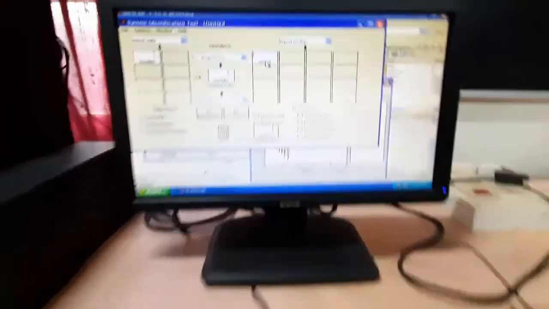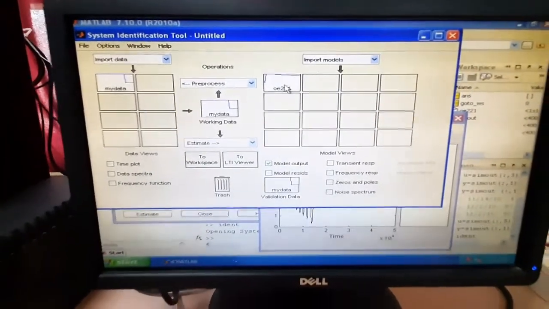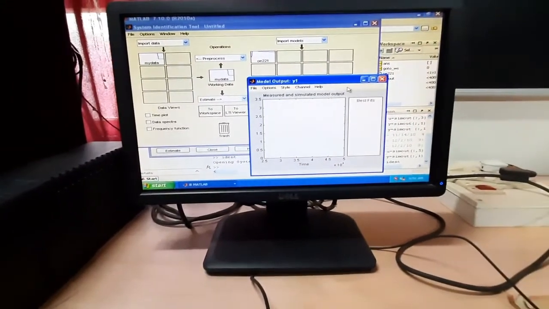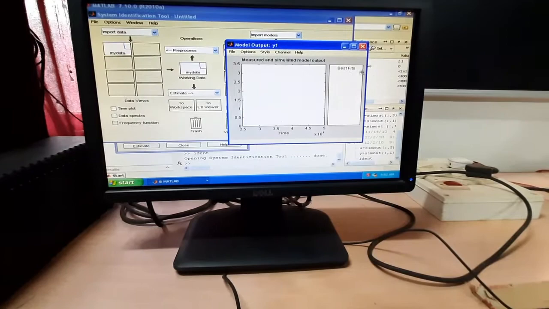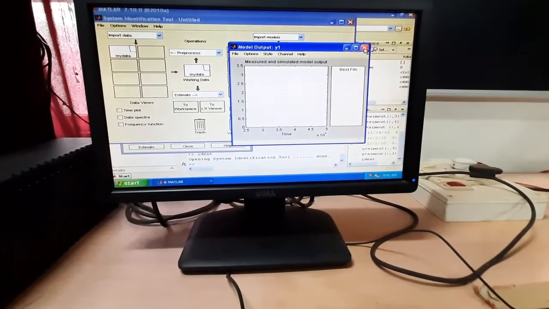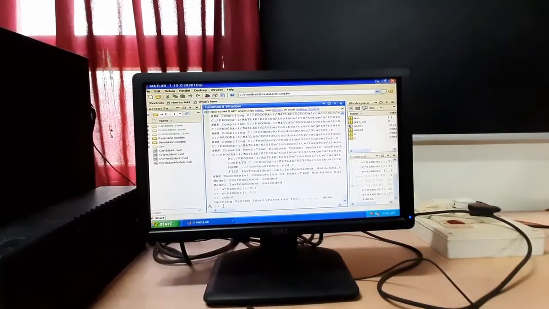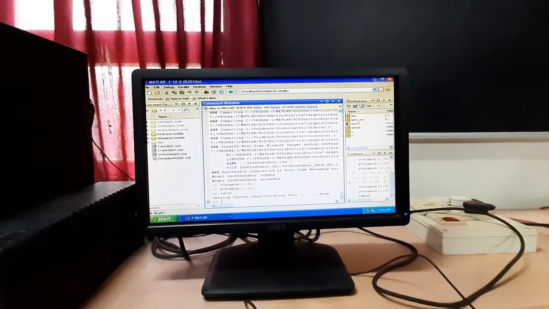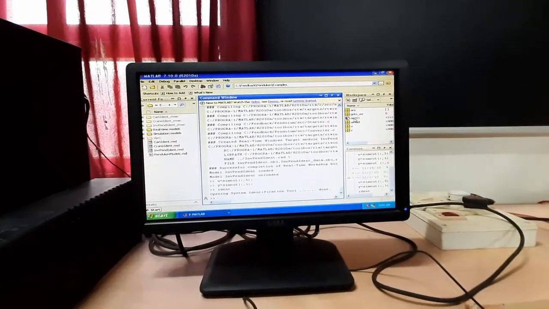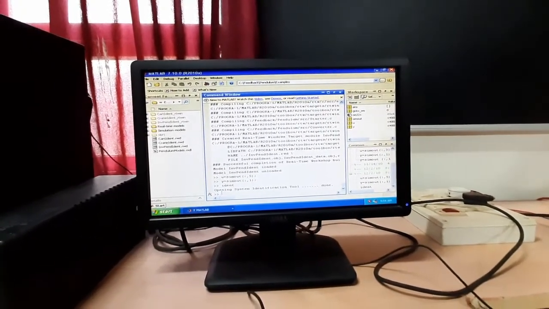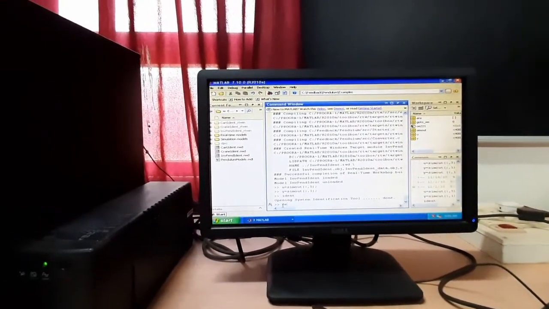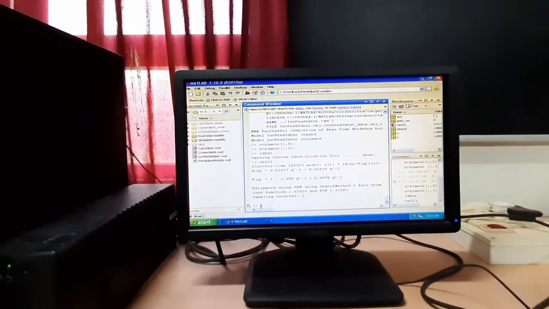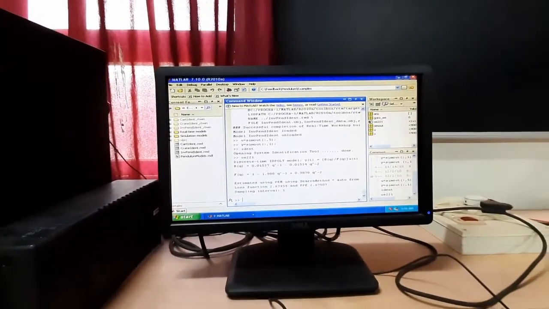By changing these orders, we can find our best fit model. So this is our OE221 model.